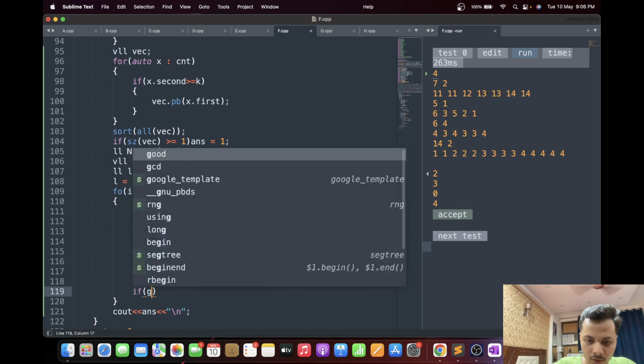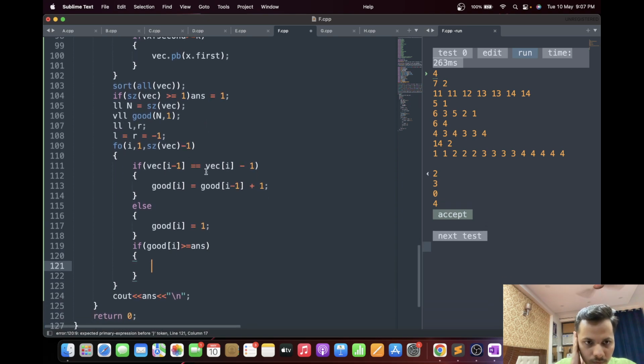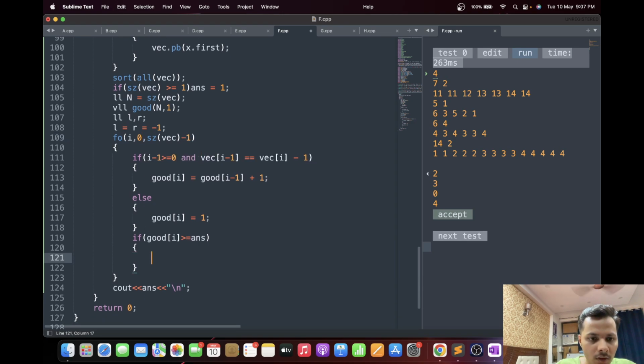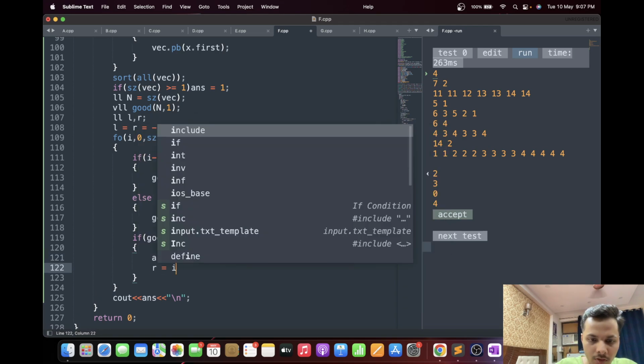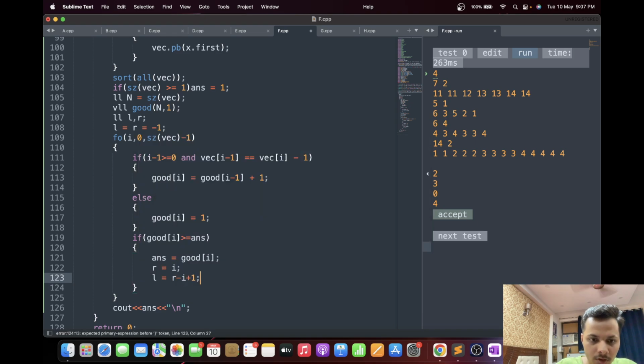So if good of I is greater than or equal to answer, then what we'll do is answer will be equal to good of I, R will be equal to I, and L will be equal to R minus I plus 1, right?